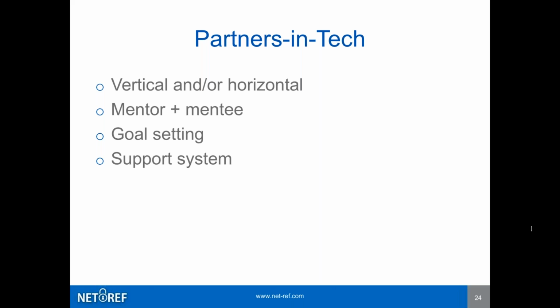It could be vertical, so it might be a couple of 6th grade teachers who come together with a similar goal or to bounce ideas off one another, or it might be horizontal, where you have a 9th and a 10th grade teacher who bounce ideas off each other and teach the same content area, so they're in that zone together. It could be something that feels more like a mentor and mentee, trying things out and supporting one another as you go through.